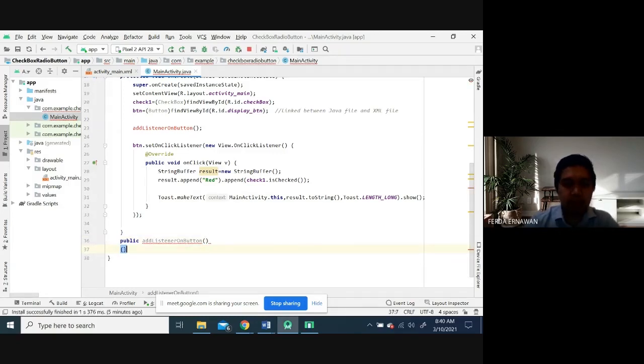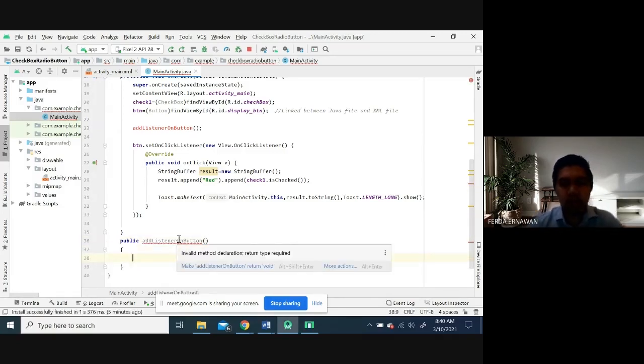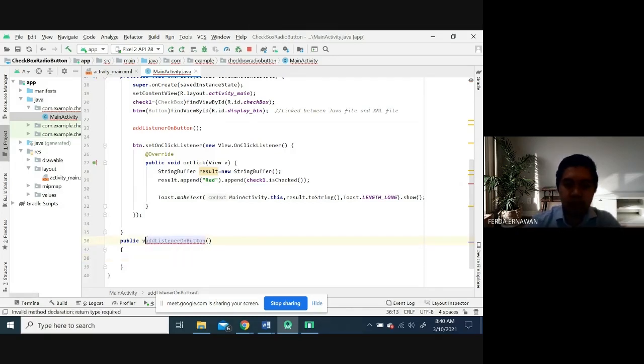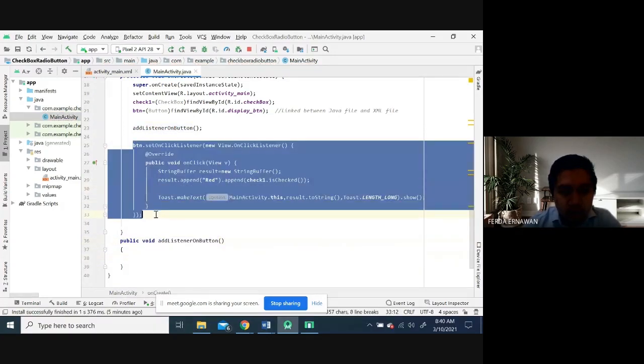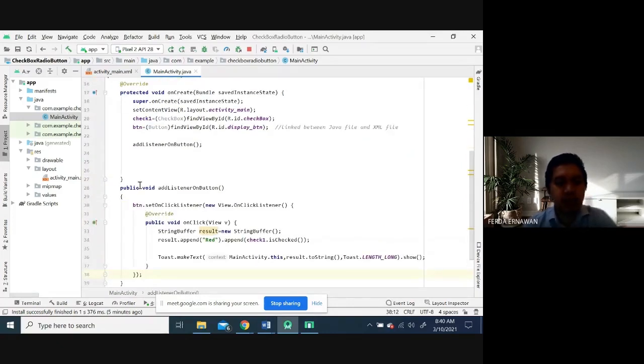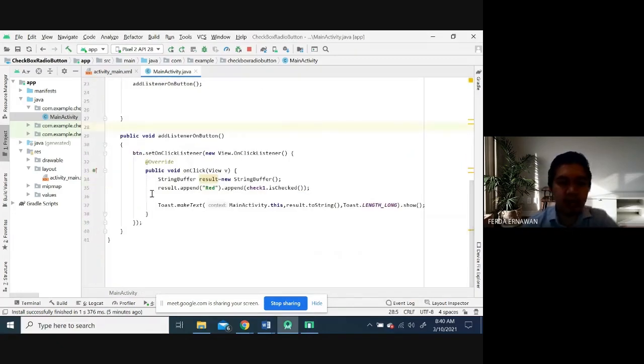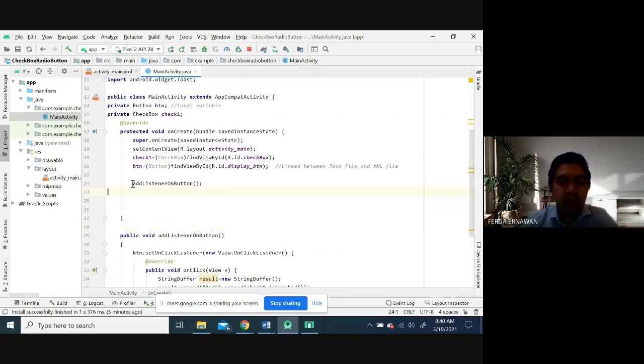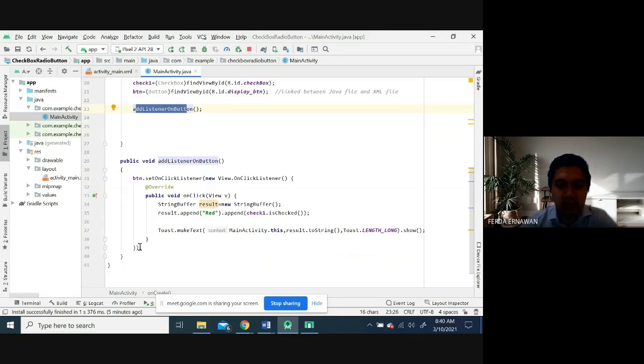Then open bracket. Public void. And then I can copy this one. So I just create the function name. I believe you already know about this. So I call the function, and this is my function declaration.